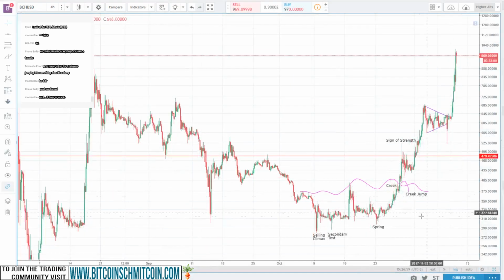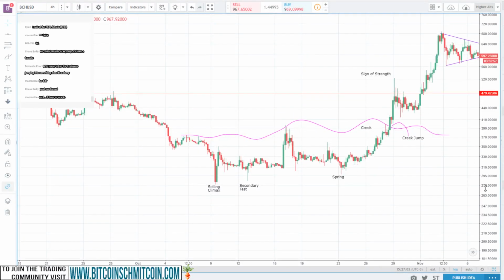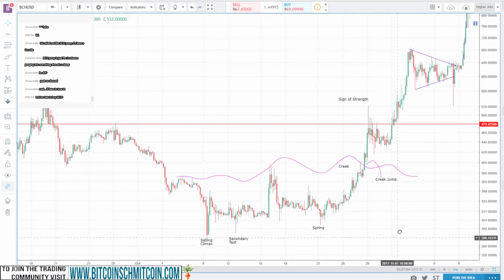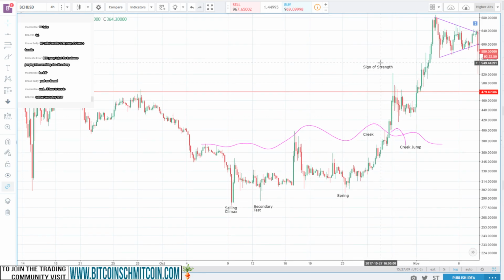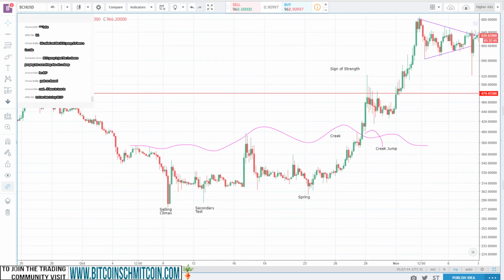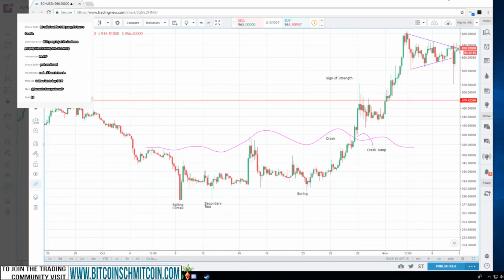And if we zoom in closer, I'll go through some of the anatomy of the accumulation phase, because Bitcoin Cash has a lot of push left in it. There's a lot of profit to be had from Bitcoin Cash coming up. So if we look at the accumulation phase, we have the selling climax here. You can argue this is a secondary test. It's not as clean as what we'd like to see from a Wyckoff accumulation phase, but this is crypto. Nothing's gonna be clean cut. So we've got to just make sense of what's in front of us.